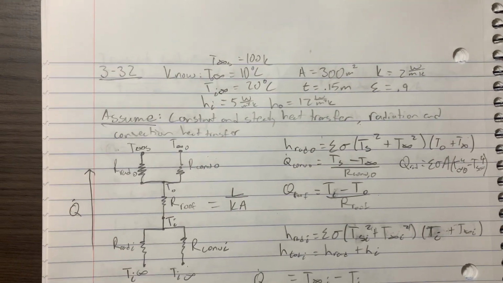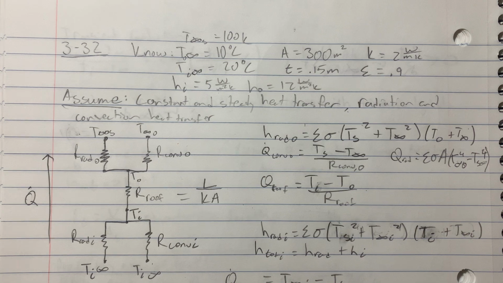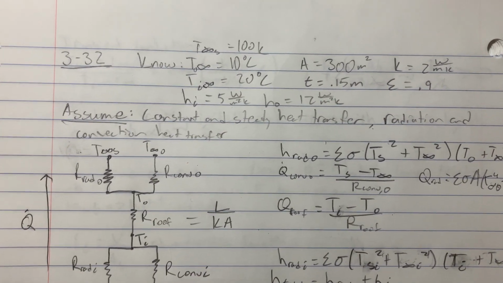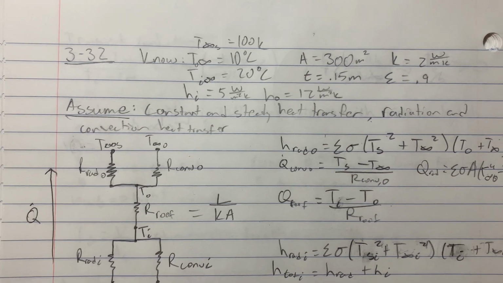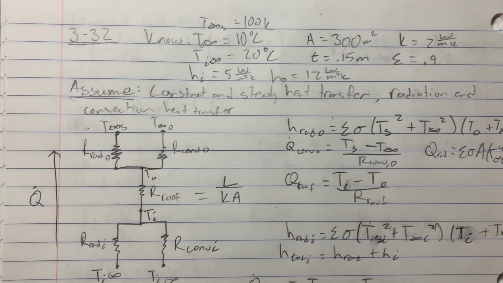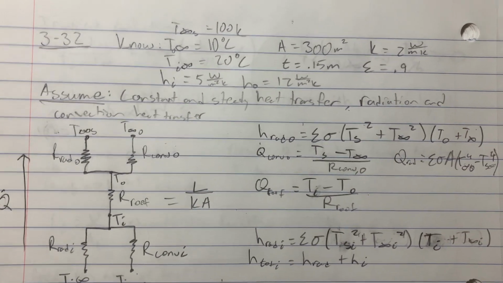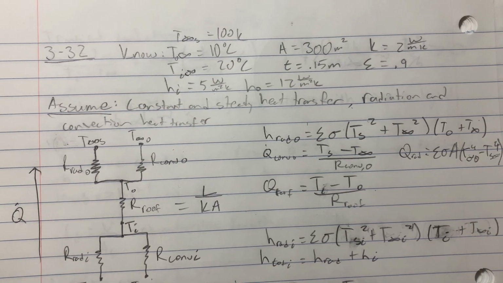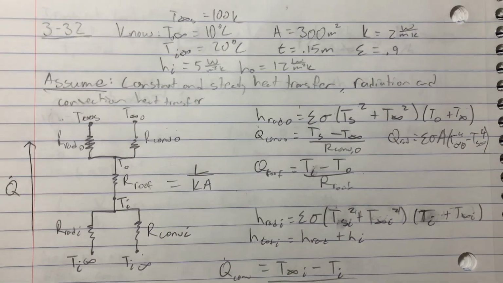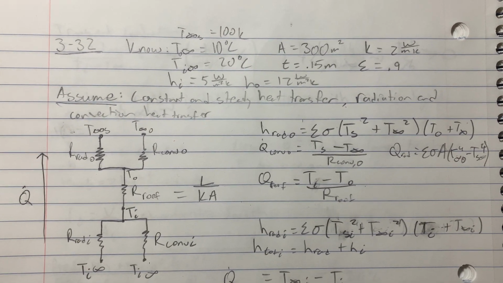So I'm reviewing problem 332, which Allegra did. For the project, you're given a good amount of information: the temperature of the sky, general temperature of the air outside, general temperature inside the house, area of the roof with K, emissivity, and thickness, as well as H values of the inside and the outside for the radiation. Or sorry, not the radiation, the convective